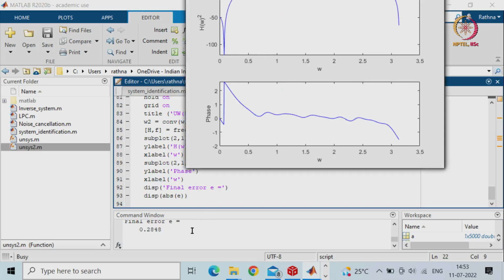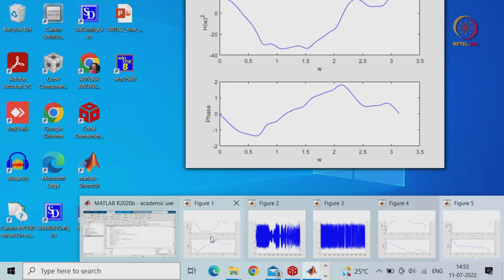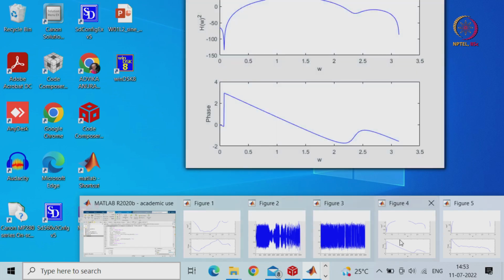So, you will be seeing the error value, which is equal to 0.2848, what it has come down to, and you will be seeing the answer for the unknown system that has been identified, that is the inverse system. So, just hold on for a while, or I will show from here. You will be seeing that this is your inverse filter working, and this is the response of the original